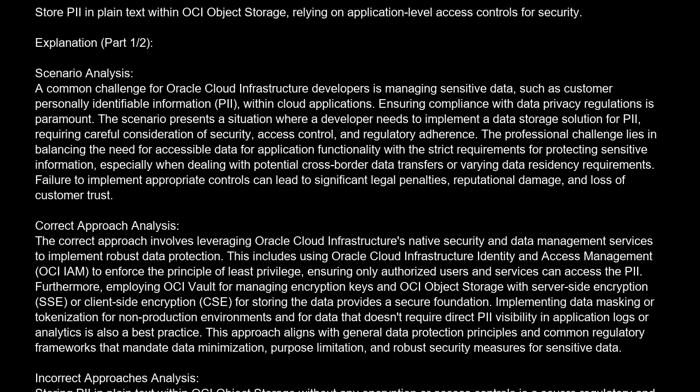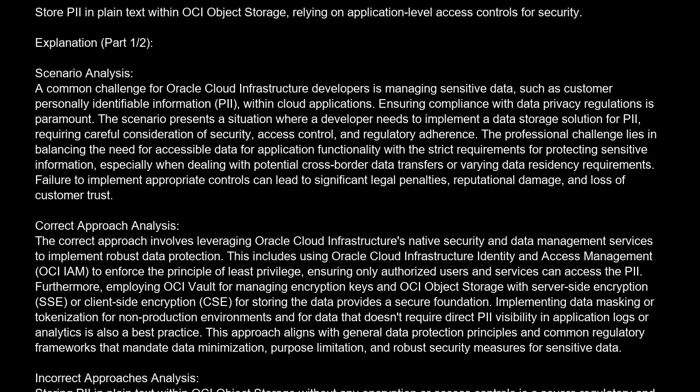Correct approach analysis. The correct approach involves leveraging Oracle Cloud Infrastructure's native security and data management services to implement robust data protection. This includes using Oracle Cloud Infrastructure Identity and Access Management, OCI IAM, to enforce the principle of least privilege, ensuring only authorized users and services can access the PII. Furthermore, employing OCI Vault for managing encryption keys and OCI Object Storage with server-side encryption, SSE, or client-side encryption, CSE, for storing the data provides a secure